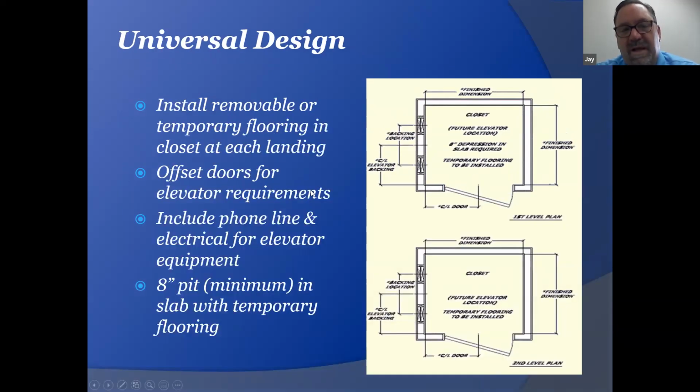So like I said earlier, install removable or temporary flooring and closet on each landing. Elevators can go 5 stories if they need be. So offset doors for elevator requirements, that's more of a general contractor thing. But the doors, on traditional elevators, you have a hallway door right here, which opens up this way, and then your gate for your elevator slides across. So you can't really even tell you have a traditional elevator behind those doors. It looks really clean and classy,